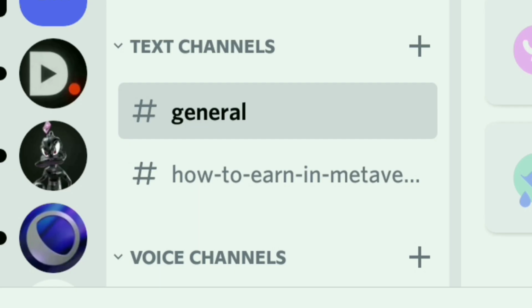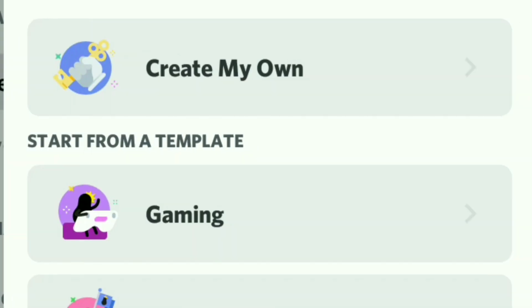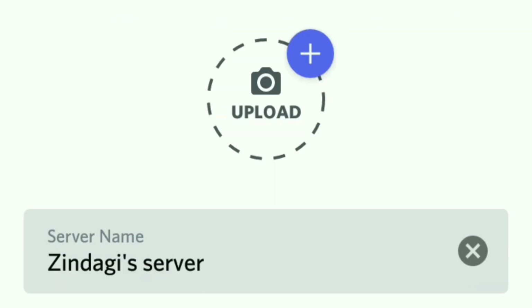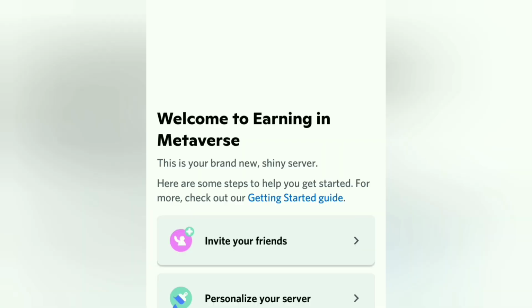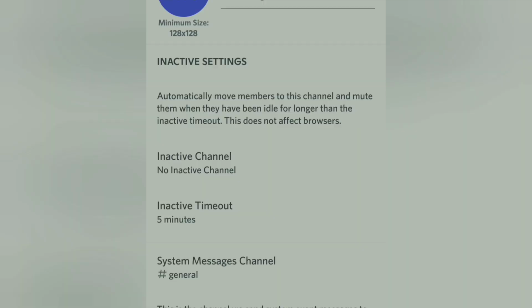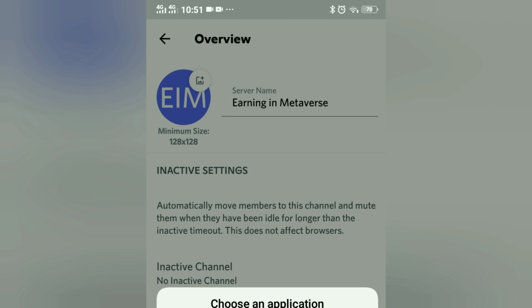In our last video we learned how to make a Discord server on phone and how to add channels etc. Now in today's video we are going to learn how to set the number of users in a particular channel, how to assign different roles to members in our Discord server, and above all how to change the main notification